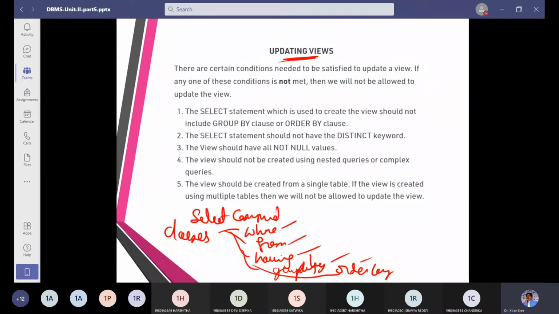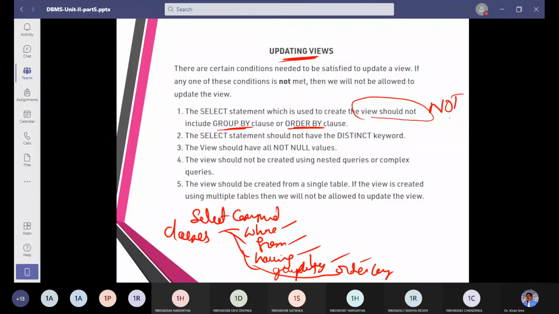Now what is the condition in updating a view? View should not have group by or order by. View can have where, view can have from, but view should not have order by or group by.